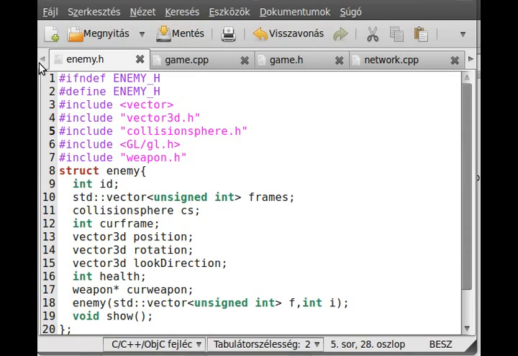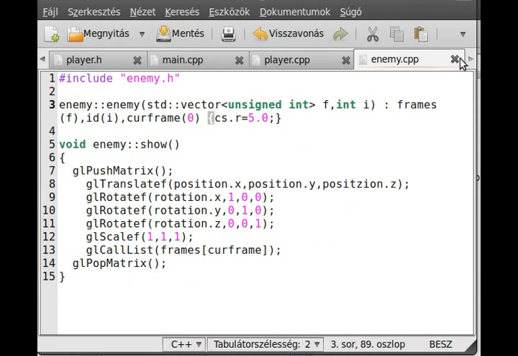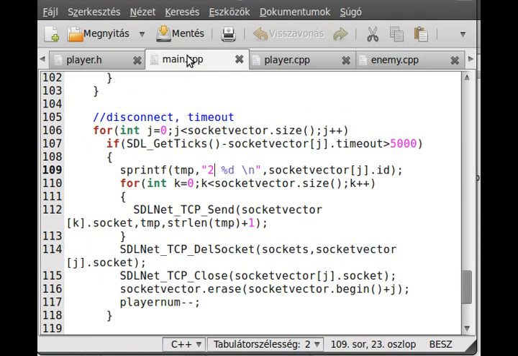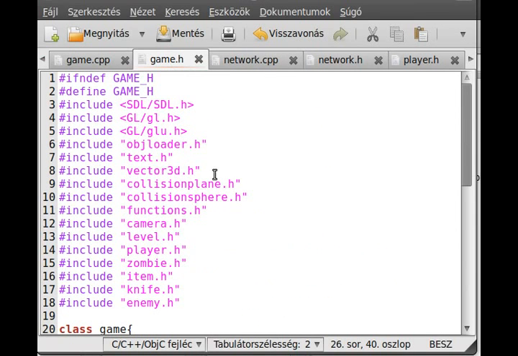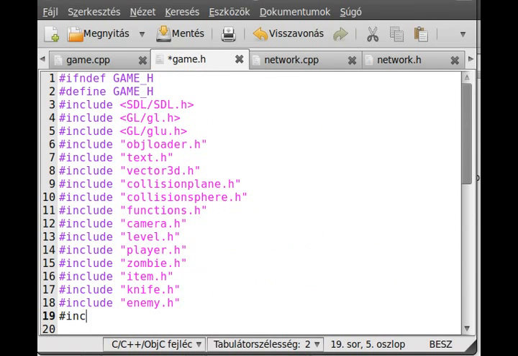Okay, the next error is actually collision sphere was not declared. Position, I missed that collision in the enemy.cpp line 8. This one is that position. Okay, and game.h, I will just go through the errors. Network has no type. I forgot to include the vector, didn't I? Go back to the game.h and include the vector right here. So include